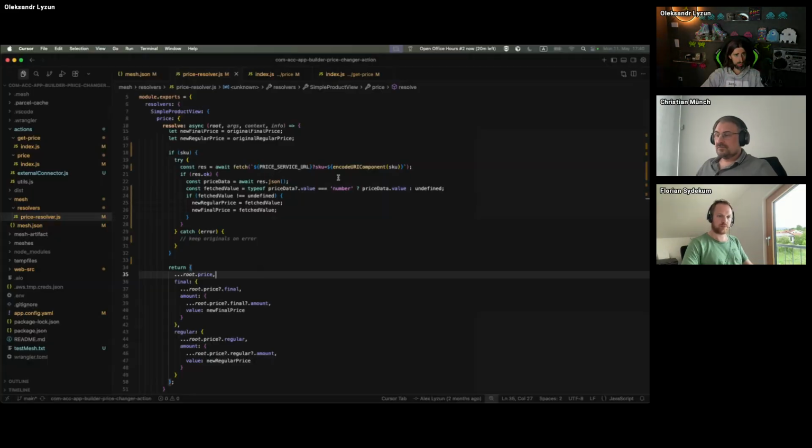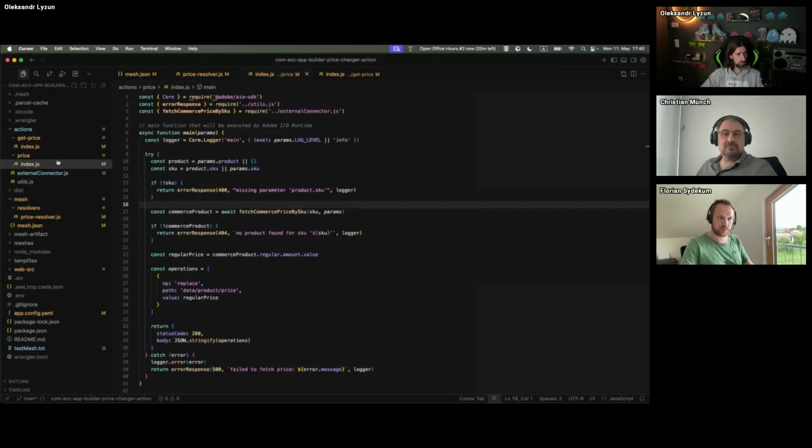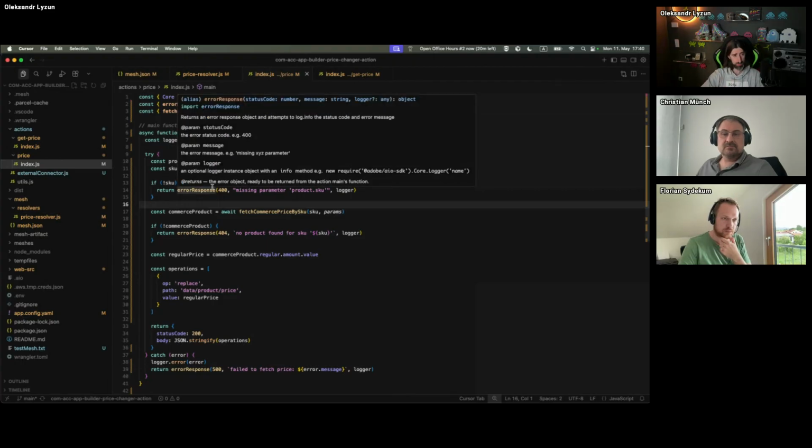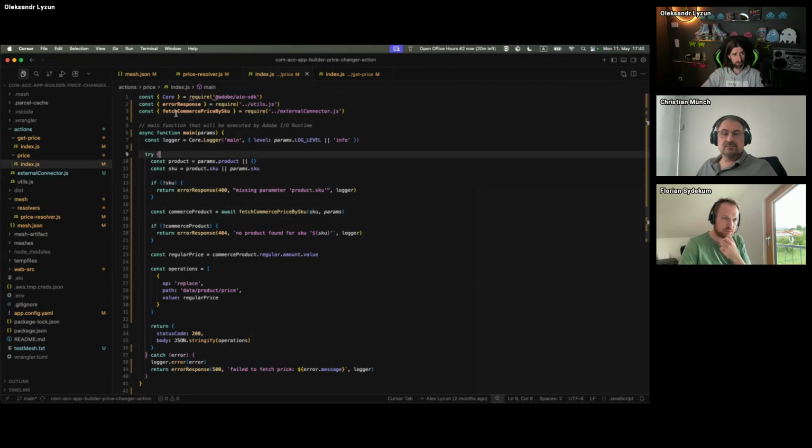And then we can go to our resolver. Yes. So what's happening when Adobe Commerce adds a product to the shopping cart is that it's executing this Adobe App Builder action and then waiting for the response. And we're doing here exactly the same as we did in the resolver.